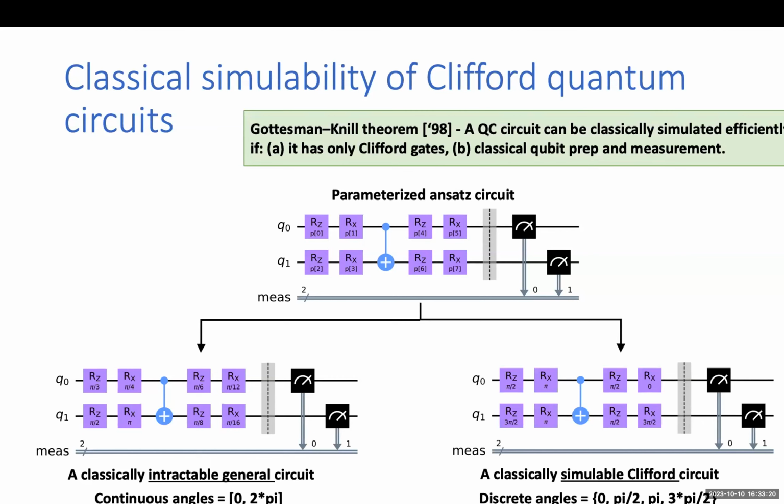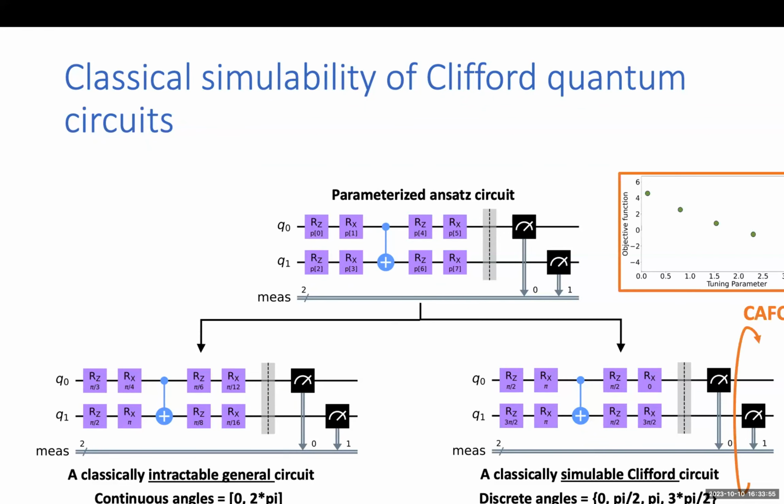On the other hand, in this kind of circuit construction, if all of these single qubit gates are only multiples of pi by 2, this makes all of these gates Clifford. And if all of these gates are Clifford, the circuit is overall Clifford. Then we know from the Gottesman-Knill theorem that this can be simulated in polynomial time. So basically, we have reduced this problem to a discrete search on gates which are just multiples of pi by 2, and therefore it is only going to search through those Clifford circuits. This is basically what CAFQA does. It's searching through the same parameters, but with more restricted values.